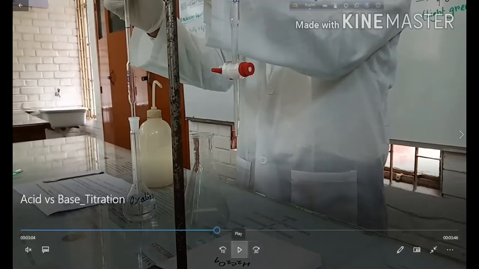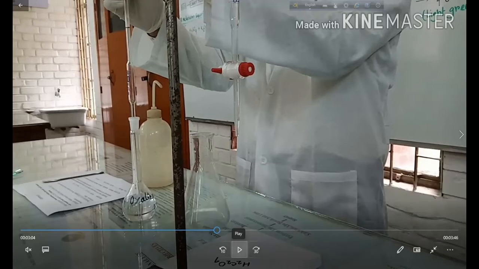But it's not that we don't know the concentration. We know the concentration, the standard concentration, because during preparation we prepared the sodium hydroxide solution. So we know the standard concentration and we will provide it to you to compare with your observation. Okay. And from that we can calculate the percent of error,